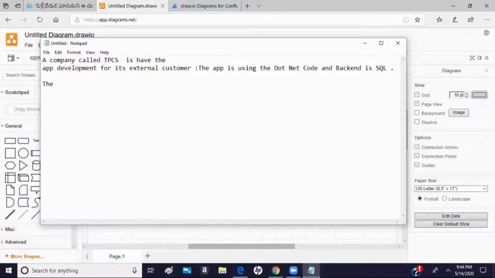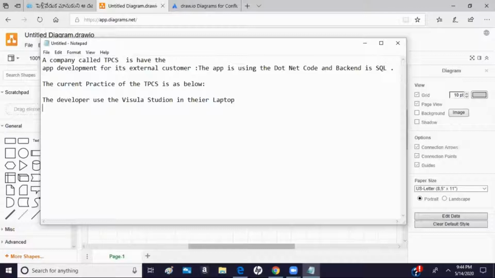The current practice of TPCS is as below. How are they doing that? Okay, so the developer uses Visual Studio in their laptop and develops the respective piece of code.